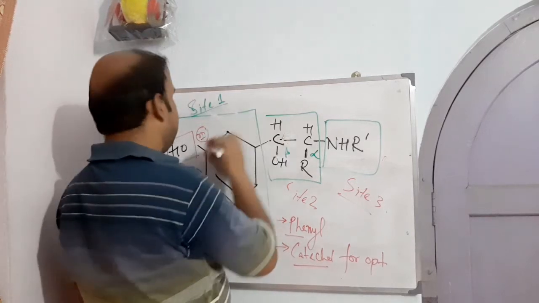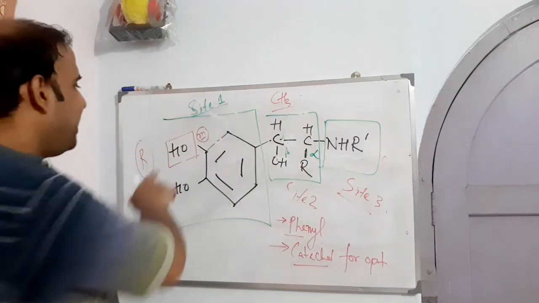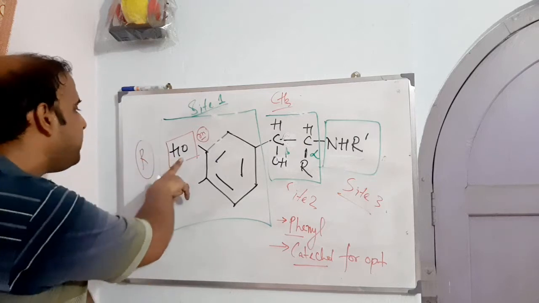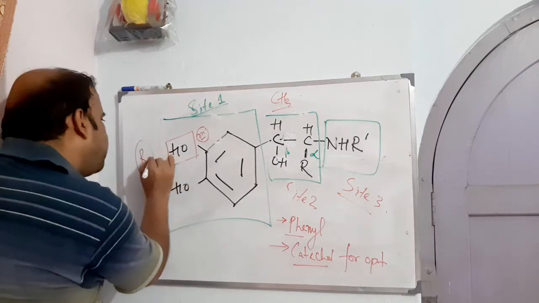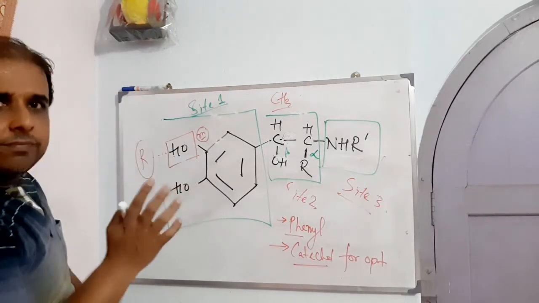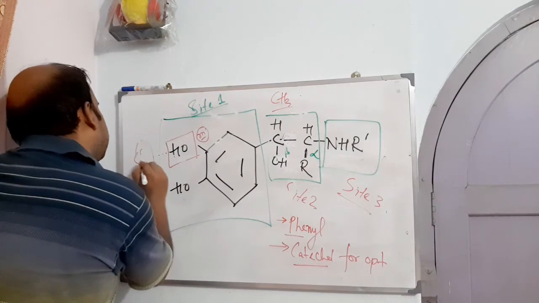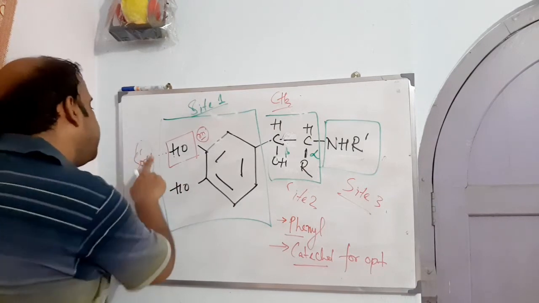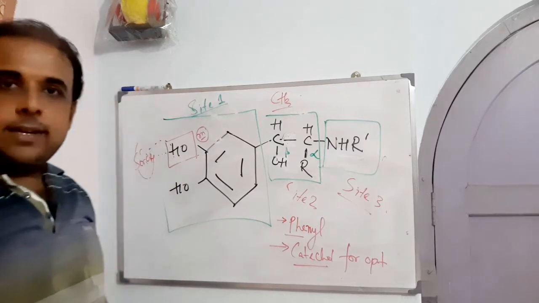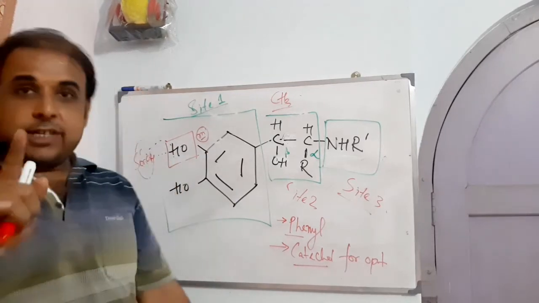Suppose, let me just bring a methyl. So what kind of interaction is going on here? It is expected that a hydroxyl group is there. So probably it is contributing out of hydrogen bonding interaction with, suppose, a serine, which is providing another hydroxyl. And to this hydroxyl, hydrogen bonding is taking place, right? So it is one of the interactions, one out of so many, and that is essential.